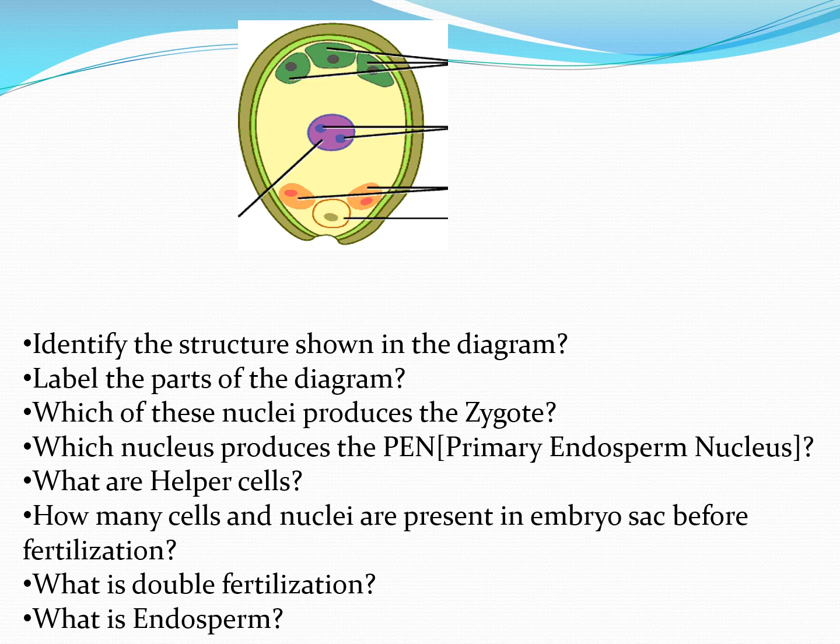Next, what is double fertilization? The process of fusion of 2 male gametes and 2 female gametes is called double fertilization. Here, first male gamete fuses with egg cell, leading to the formation of zygote, and second male gamete fuses with secondary nucleus, leading to the formation of endosperm. So in most flowering plants, fertilization occurs 2 times. That's why flowering plants exhibit double fertilization.